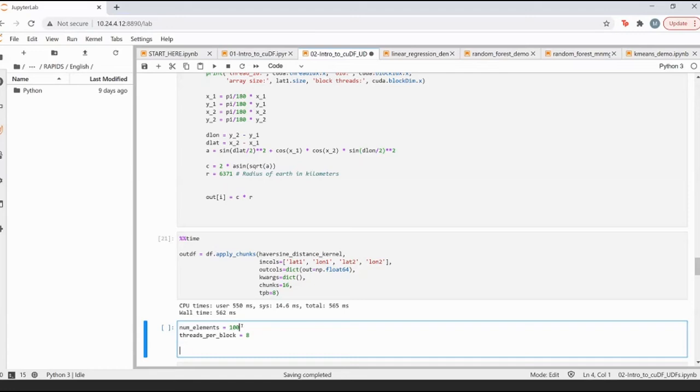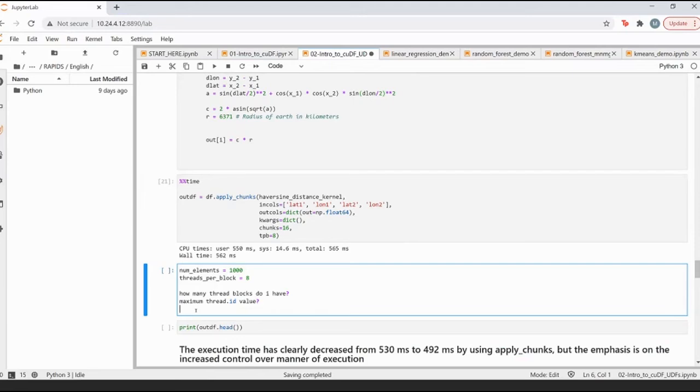So the question is, how many thread blocks do I have? And what is going to be my maximum thread ID value? And the third question is, what is going to be the thread block and thread ID for the 1000th element? So these are three questions.